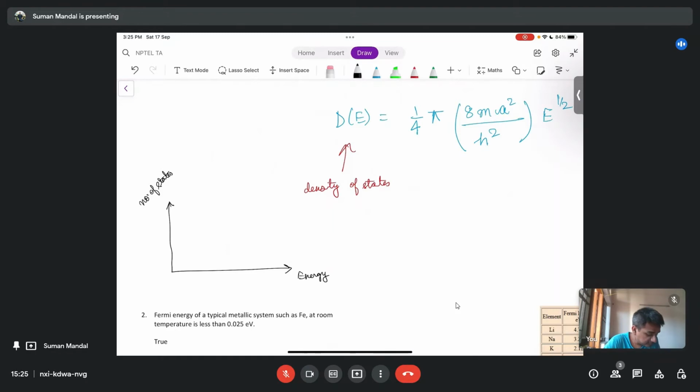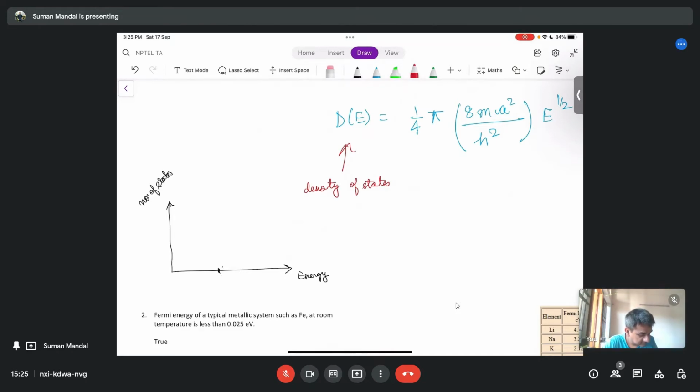So if you move from E to E plus dE, in this range how many states are there? Or if you like, in the other way around, if we say